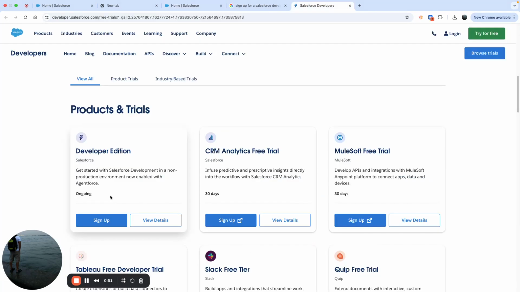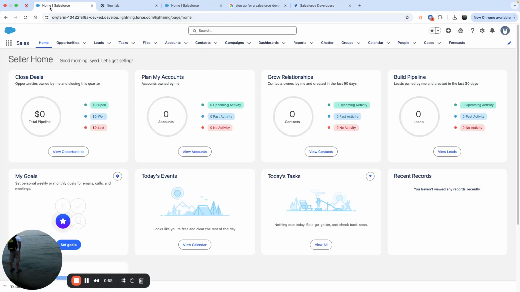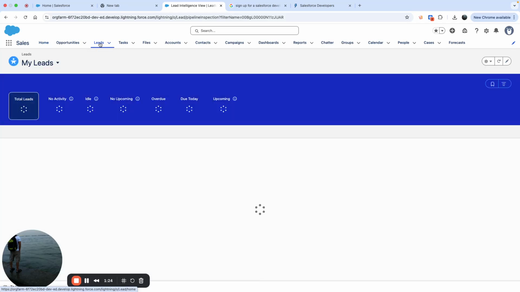In this case, you can sign up for the DevOps. So right now I have two DevOps, DevOps A and DevOps B. What I'm going to do is set up the OAuth and the Apex class and trigger on DevOps A, and then I'm going to create an Apex class and a connected app on DevOps B so that I can receive the lead. You can see right now